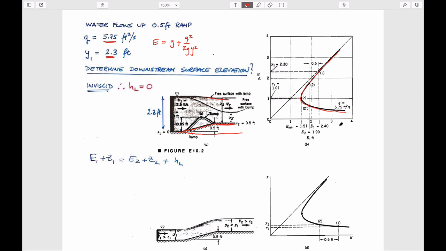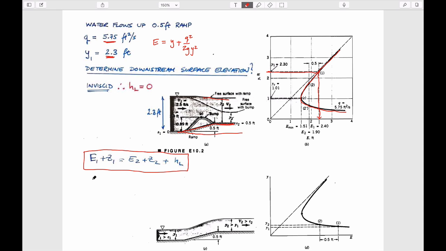And so if we look at point 1, which is a depth of 2.3 feet, then 2.3 feet is right here. And so we know exactly that the energy associated with that flow is going to be this magnitude here, which is 2.4 feet also, right? These units have to be the same because this is length. This has to be length as well from homogeneity of dimensions. We know from our overall writing of Bernoulli's equation, which is this,